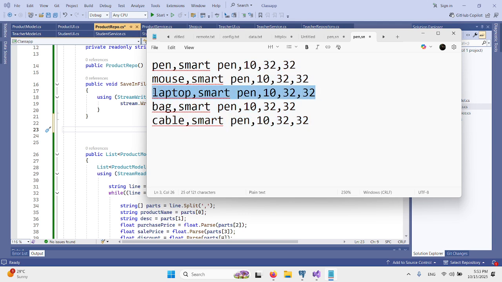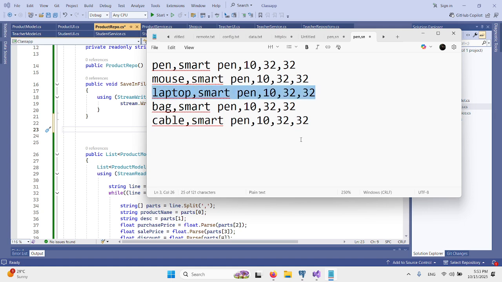And for example, you want to update this record. For example, you want to update the price for the laptop. How will you do it in the file? It is very difficult to update the record in the file.